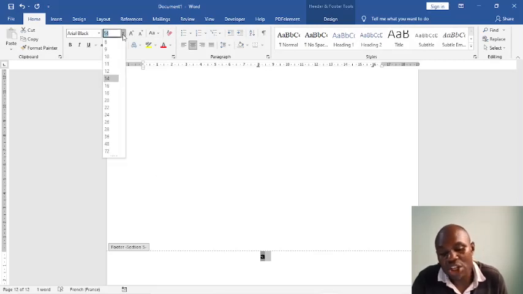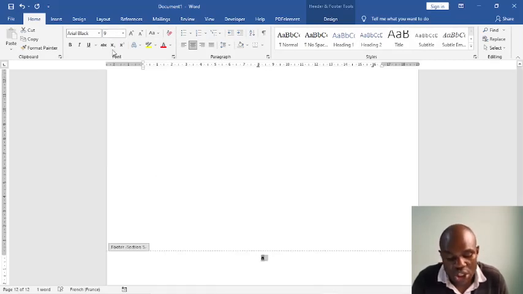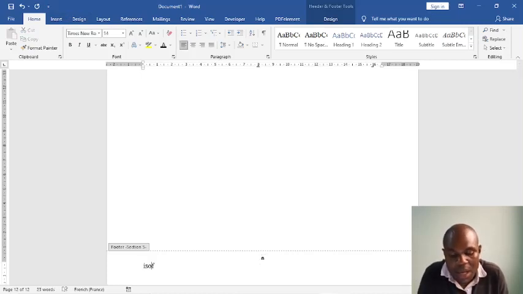You can go ahead and change the font size. The size, you can change it to any font size that you like. And remember that the rules for text formatting apply here. You must first of all highlight the text you desire to format before you apply the formatting that you want. You can go ahead and add any color that you want. You can even add some shapes and objects, or you can add text. I can decide that I want to write my name in the footer such that it will run across the